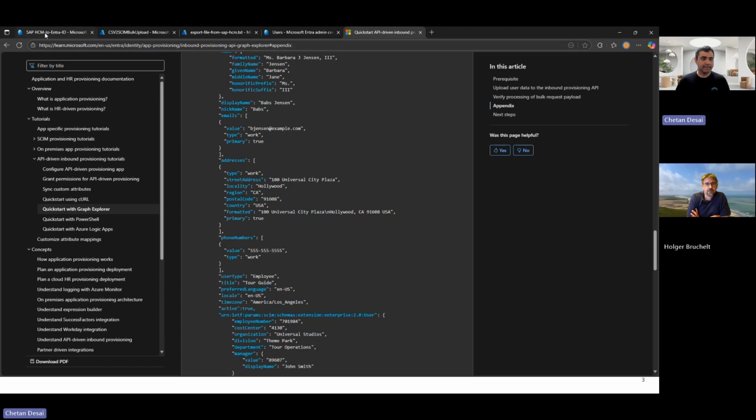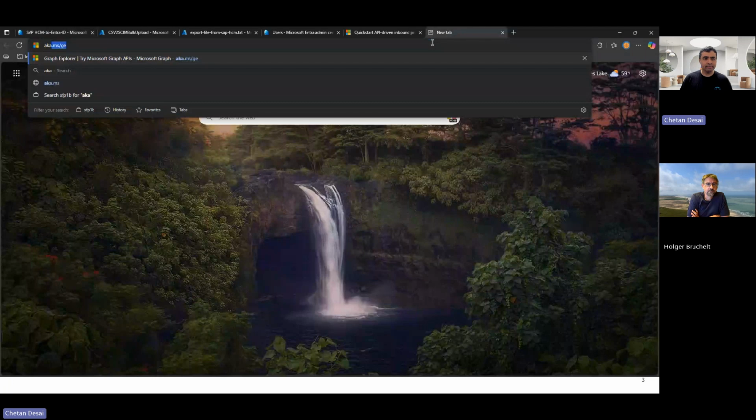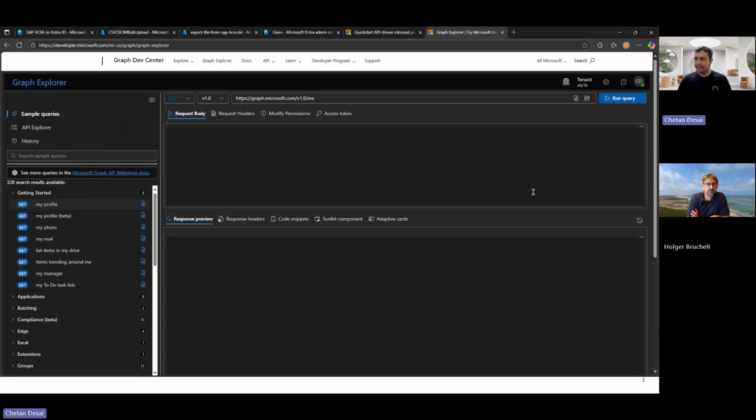For example, if I click on Start Provisioning, I am placing the provisioning service in a listen mode, telling it to look for any data coming from any HR source. In this case, we will send from SAP HCM, but if you want to give this a quick test, you can open Graph Explorer. So I'll open Graph Explorer, and I'm logged in as the user here.